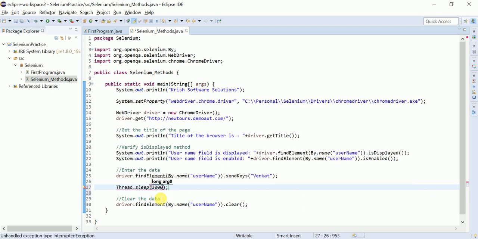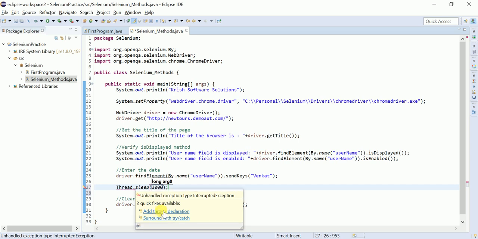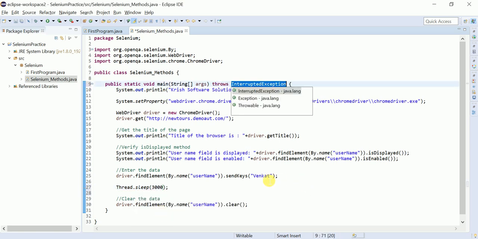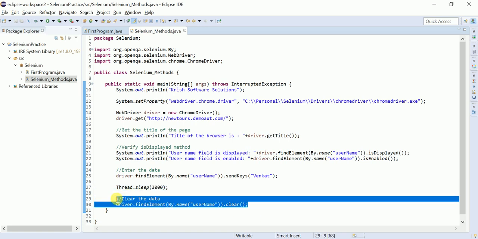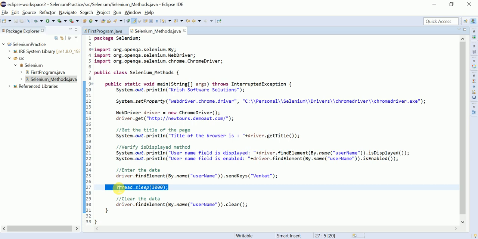Alternatives to this are explicit waits and implicit waits. Those waits we need to use. Let me try to cover those in another video. Thread.sleep, after entering Venkat, 3000 milliseconds it is going to wait. It means 3 seconds it is going to wait, and then it is going to clear the data. That is the importance of Thread.sleep.